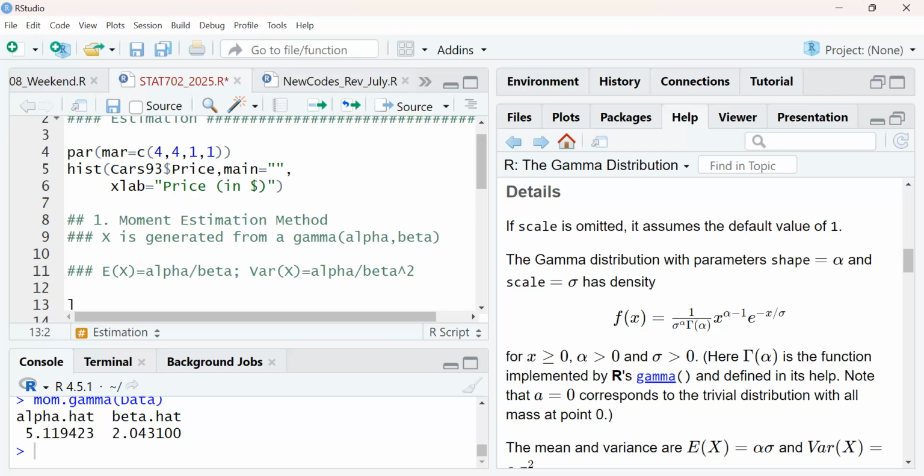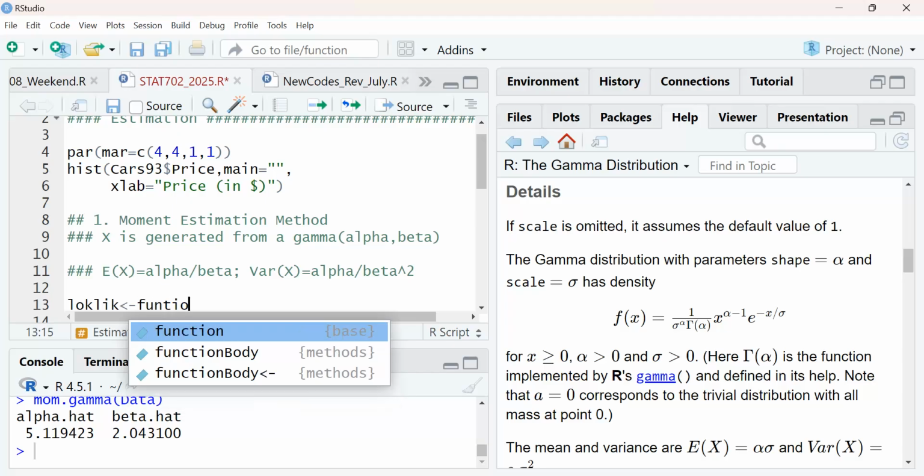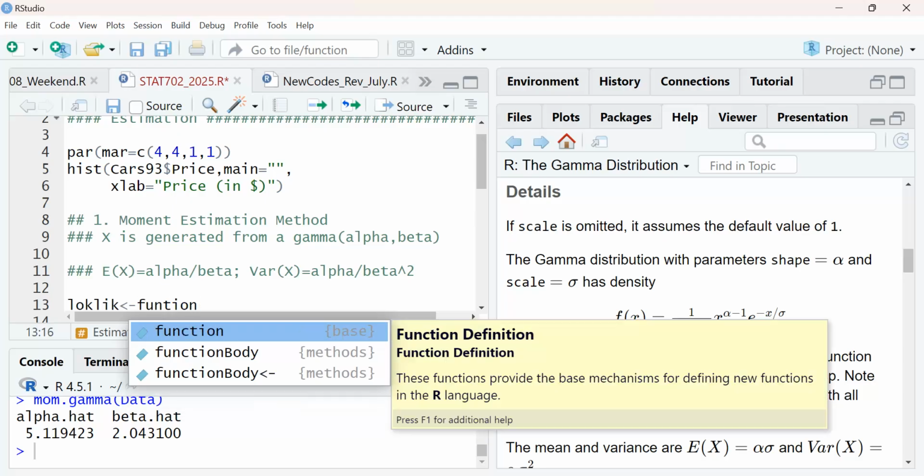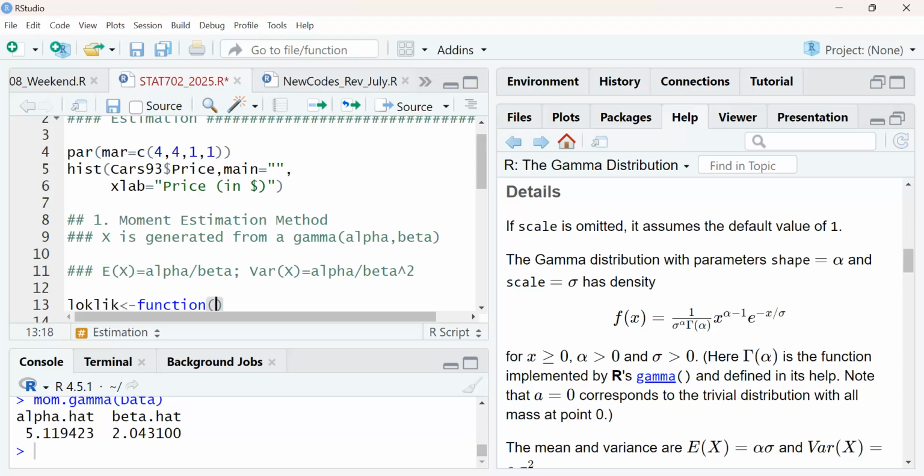So log like will then be a function. And what does this function take? It will take x, which will be the data. Then in our case we need alpha, and then we need beta.